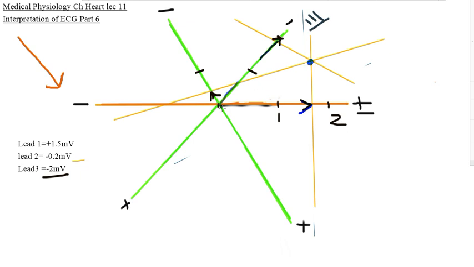Now we have to draw the resultant QRS vector from the 0 point to the meeting of all these perpendiculars that are drawn on the vectors given by our electrocardiographic recording paper. This is the possible resultant QRS vector that is obtained from the given electrocardiography. As a result, you can see it is deviated more than the vector that we obtained from the